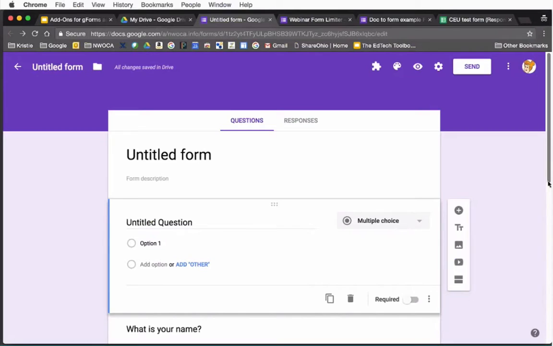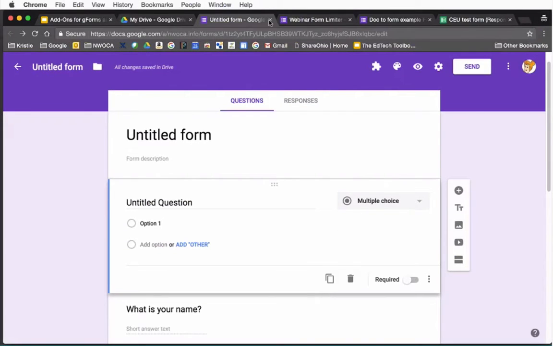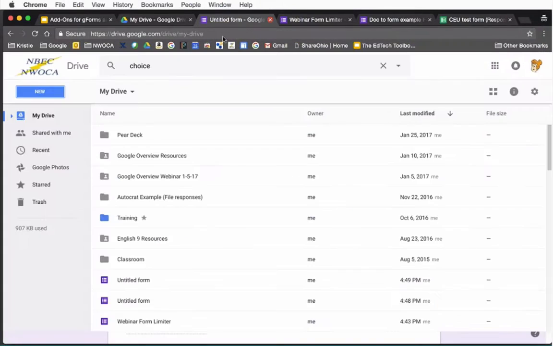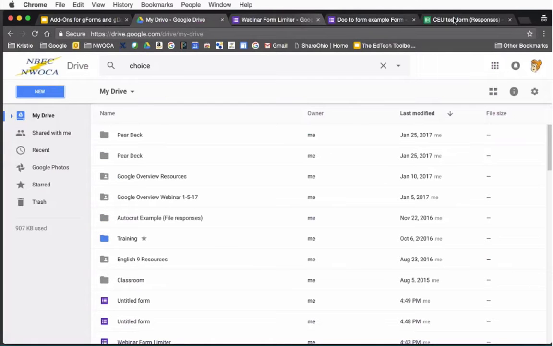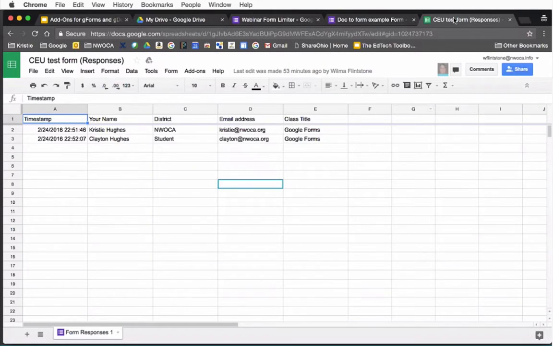All right, so the 2 last ones that we're going to try to do here real quick. Let me close out of this. I'm going to go back to Google Drive. Actually, let me go back to my CEU test form here. The one that we're going to talk about right now is called Autocrat. And this is the one that I told you was kind of like a